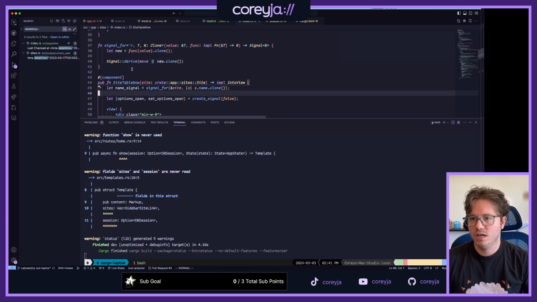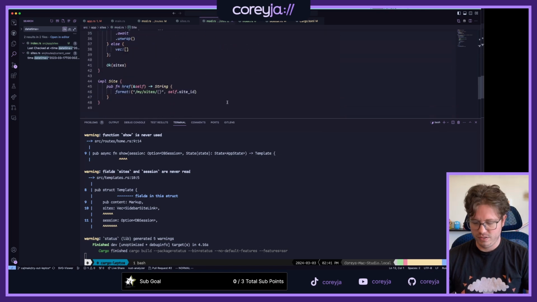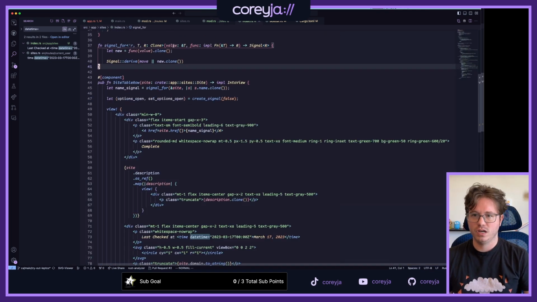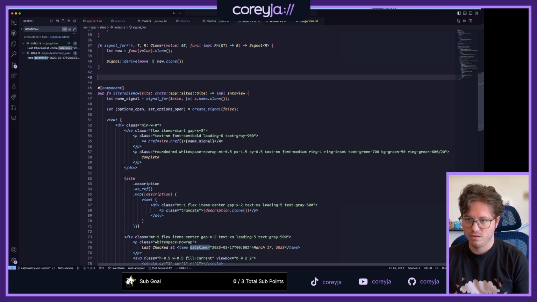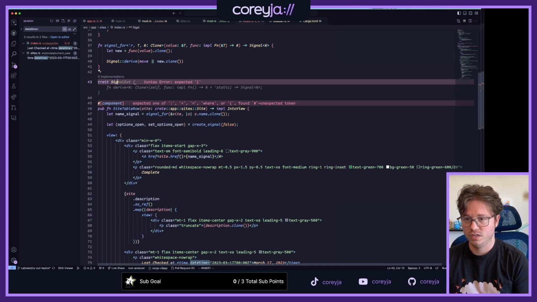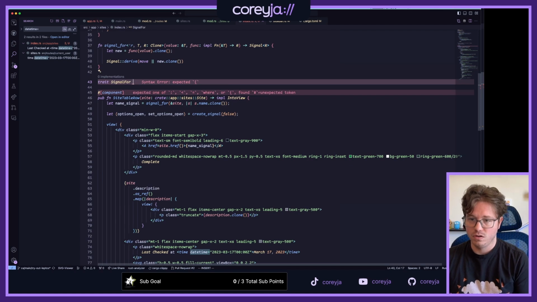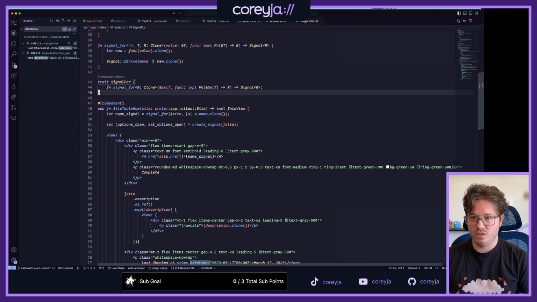So then if I go to site here, I want to put this a little more general because I kind of want an impl. I want to make a trait called signal for or something, which implements that.